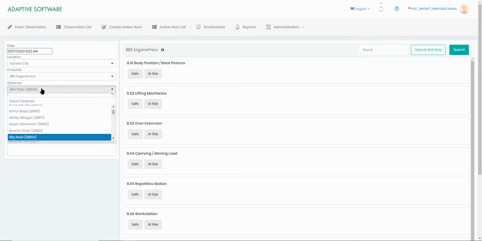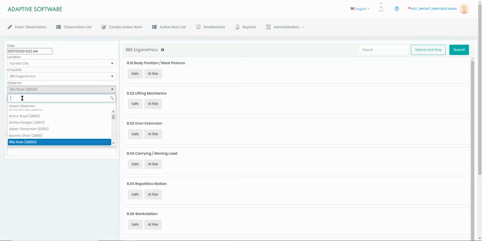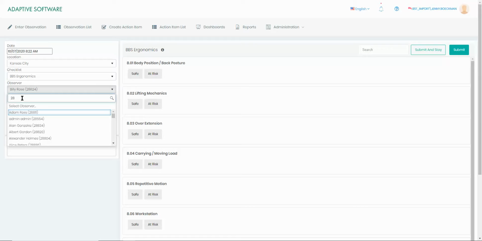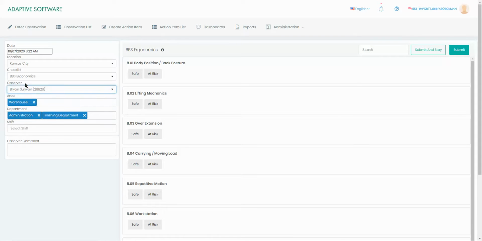The other thing I can do is search by the employee ID number and it will bring up that employee with their number that I typed in. Now you'll notice when I selected the checklist, it automatically populated the area and department. That's because it remembers the last time I entered an observation, I selected this area and these departments. But I'm going to take those out